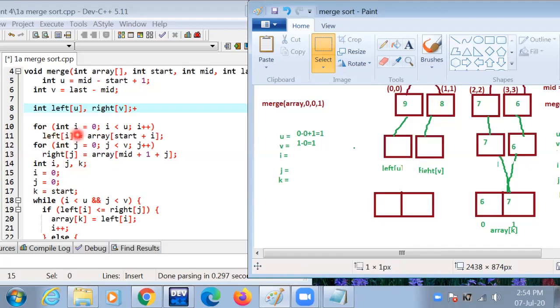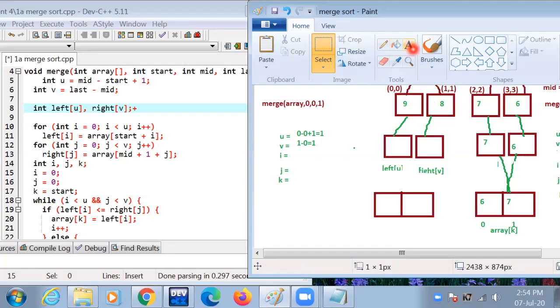Let I value be 0 and I less than u, condition is true. Then this is left I and array start plus I. The start value is 0 and I value is 0.